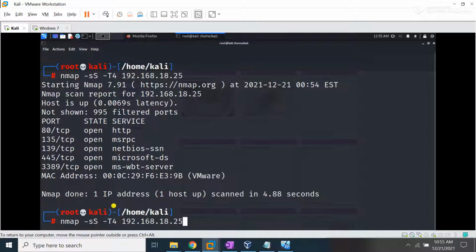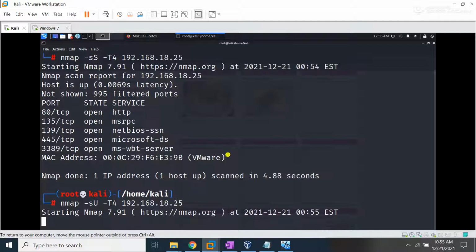You can also perform a UDP scan. Okay guys, if you want to perform a UDP scan, then you can specify here the -sU switch and press enter, and now let's see what result is present to me. Obviously it will show me the result about the UDP ports.